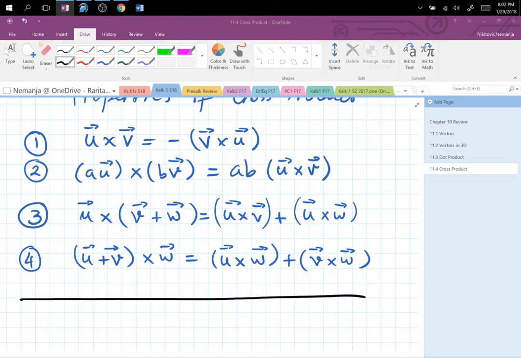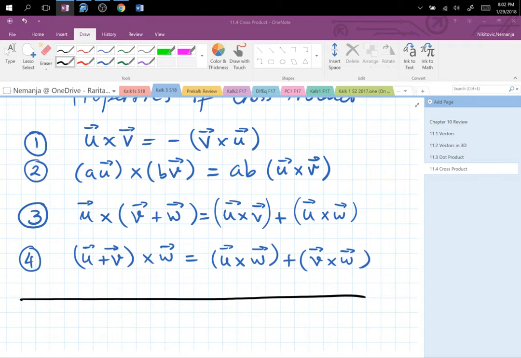Now they give you a theorem, which I wept when I saw it, because if you can't come up with that, I mean, like, just don't be here. But anyway,